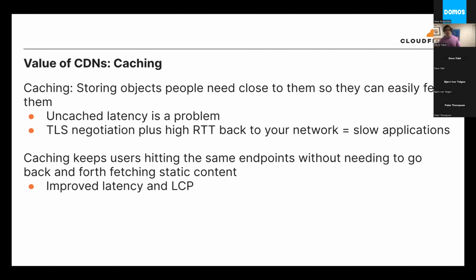So the first thing CDNs do is we deliver content, we cache. At the end of the day, the less stuff that you have to send over the internet, the better. If you have to send stuff over the internet, the closer you are, the better. So we want to get content as close to the users as possible so that we can reduce the time that it takes to actually deliver content. And we want to make sure that you don't have to go back to customer origin networks a lot. Uncached latency is a huge problem.